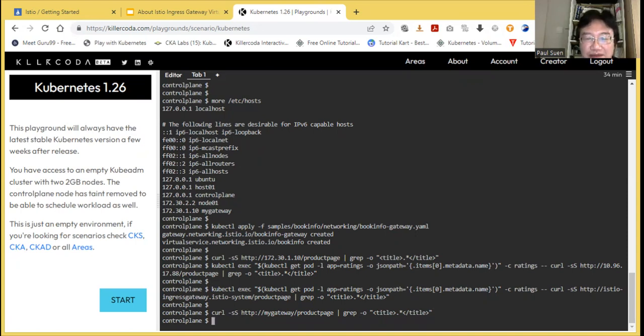Nothing returns. So even though we've already set the host field to this host name, it seems that the host name my gateway is not what the Ingress gateway likes to see in an acceptable or valid